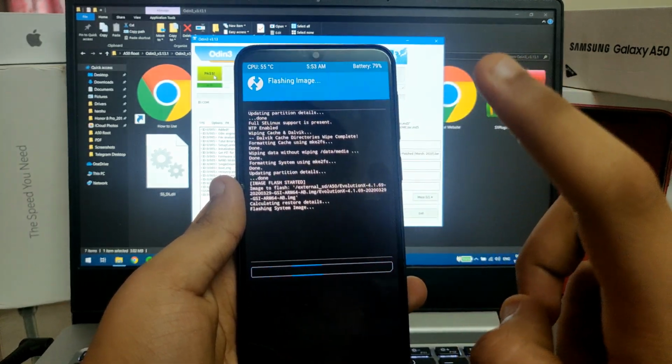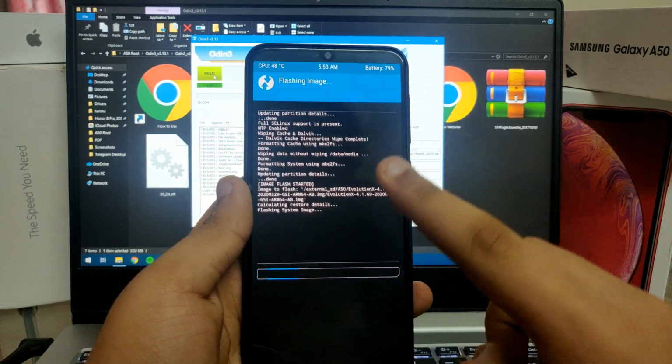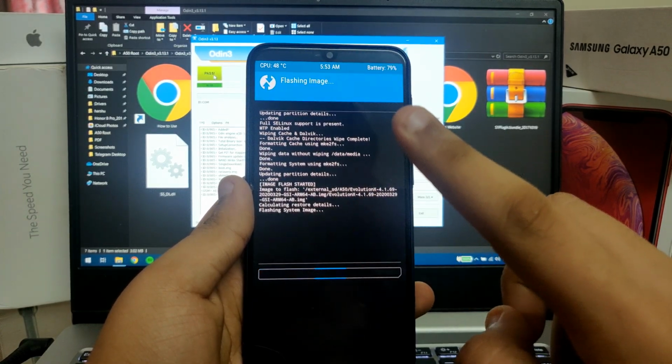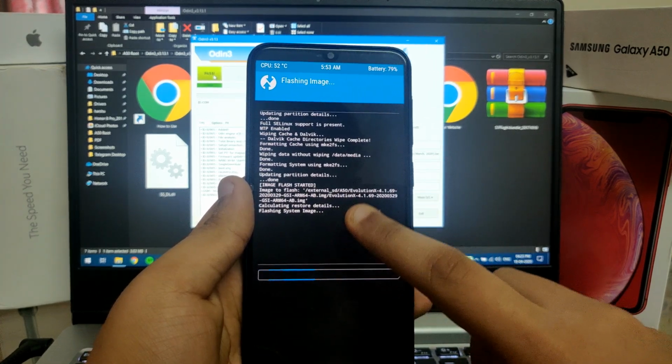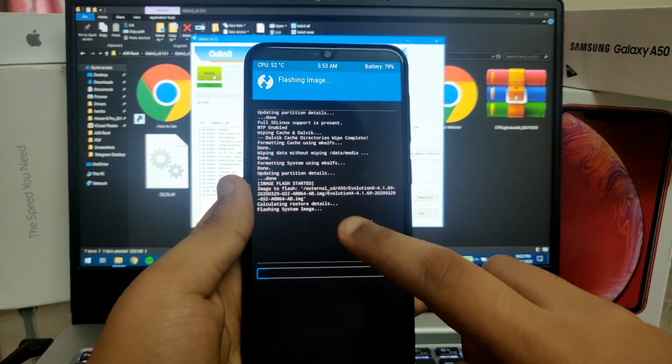And sadly, the truth about this GSI is VoLTE will not work, and there is no fingerprint scanner working on GSI, and no Bluetooth calling too.